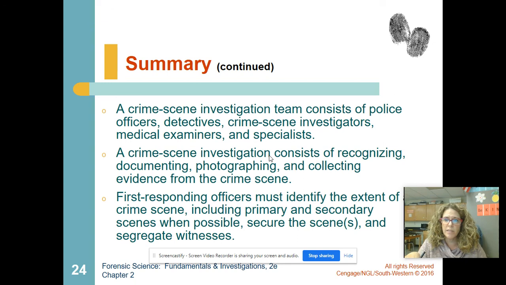So a secondary crime scene would be, for example, in a bombing. You have your primary crime scene, which is where the bomb went off itself, and then you also have your secondary crime scenes, which would be where